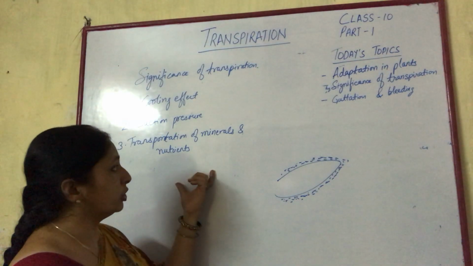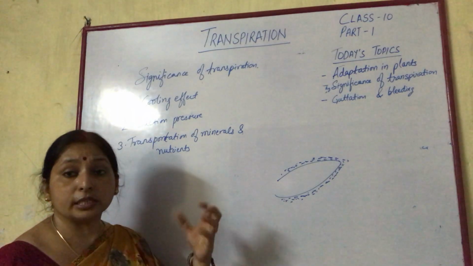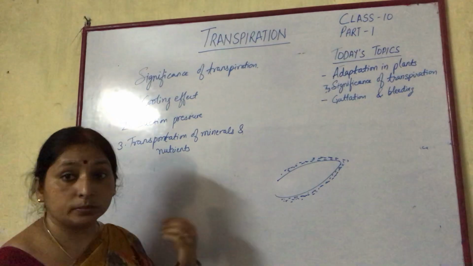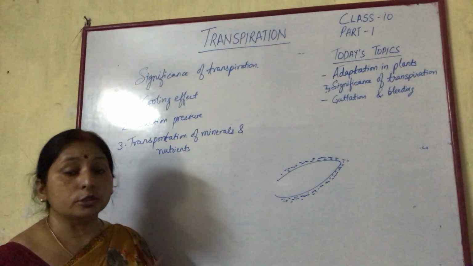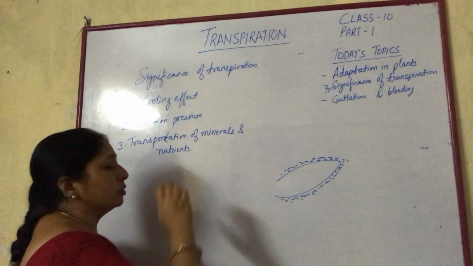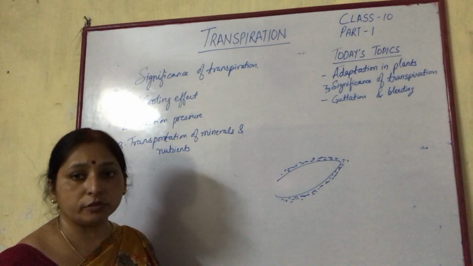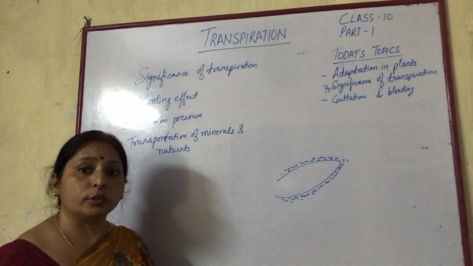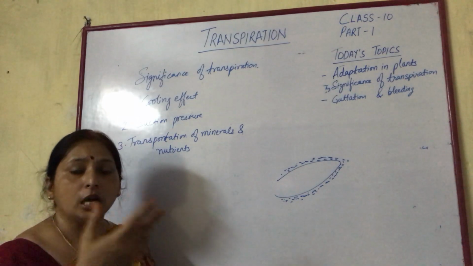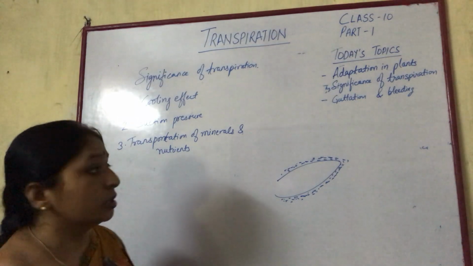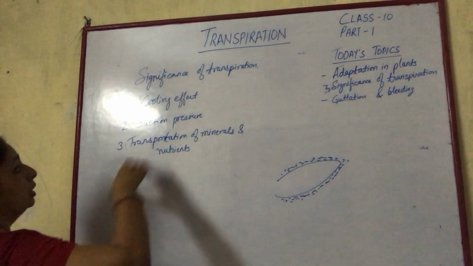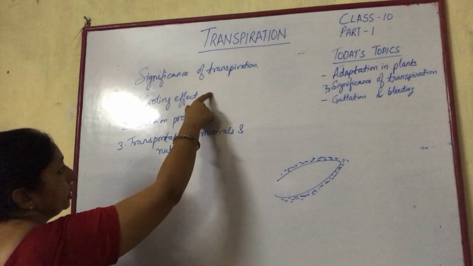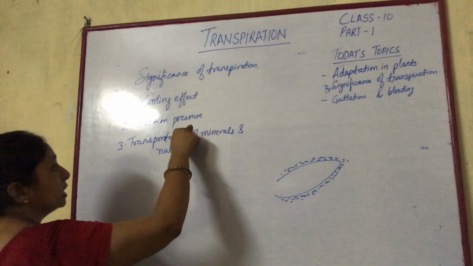So the transportation of minerals and nutrients along with water is by the help of transpiration, as the water is transported from the lowermost part to the uppermost shoot portion. So this is all about today's topic, that is the significance of transpiration, which is the cooling effect, suction pressure,